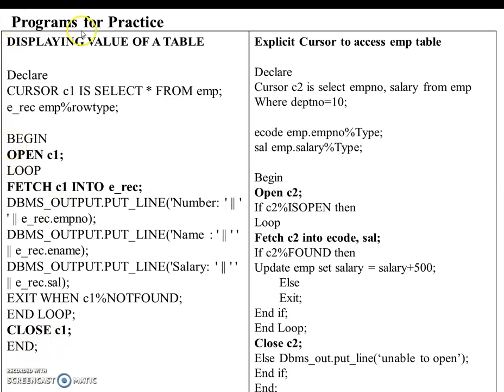So like that you can perform multiple programs based on explicit cursors. One more program is shown on your screen. Like this program, you can perform similar programs. Kindly execute all the programs mentioned in this session, and I am waiting for your errors or your